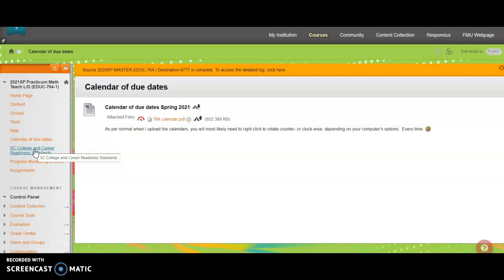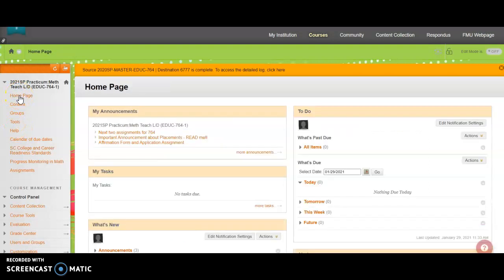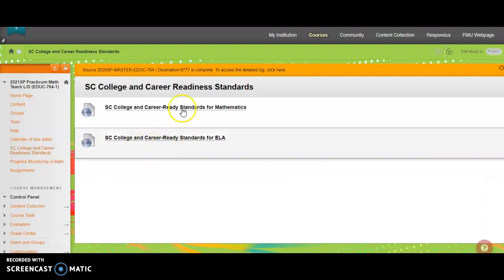I posted an announcement before, and I sent y'all an email, with a letter that you can give to your CT to share with them about how you can spend those 30 hours in their classroom. So you don't necessarily need these standards, but I have them there anyway, just in case. I have the ELA ones and math. So just in case you need them for anything, there they are.